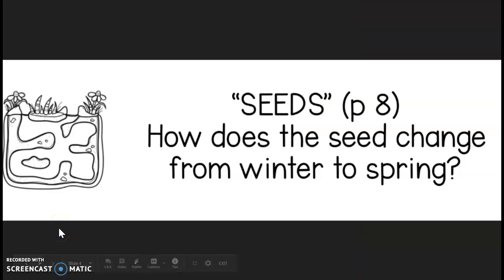Now, think about this. From the poem, how does the seed change from winter to spring? What do you think seeds are doing in the winter time when it's cold and there might be snow on the ground? Do you think seeds are growing underground? Hmm. They certainly might be doing something, but then we know what happens to the seeds when spring comes and the weather warms up and it's sunny. You really start to see the sprouts come out of the ground and flowers bloom and things grow.